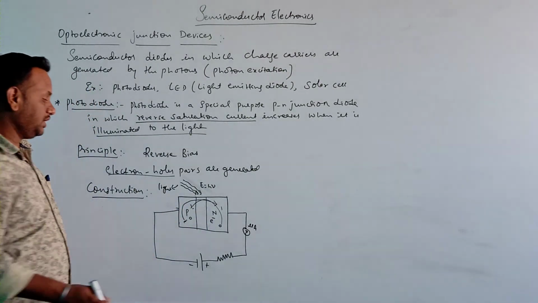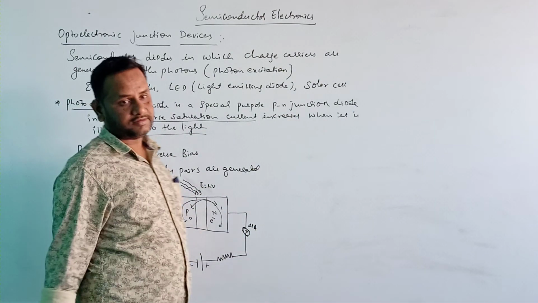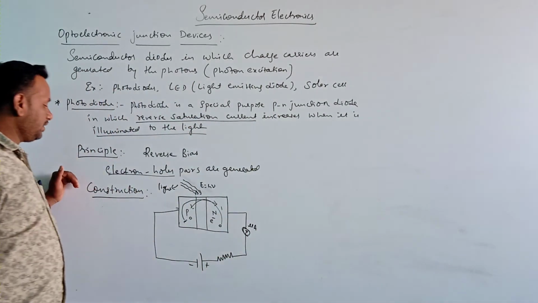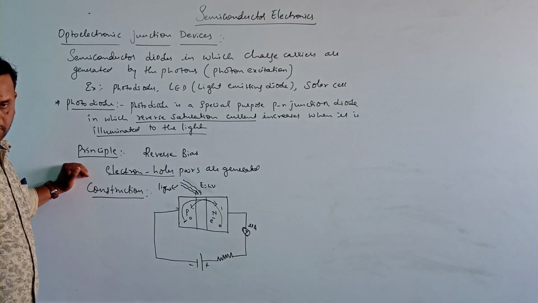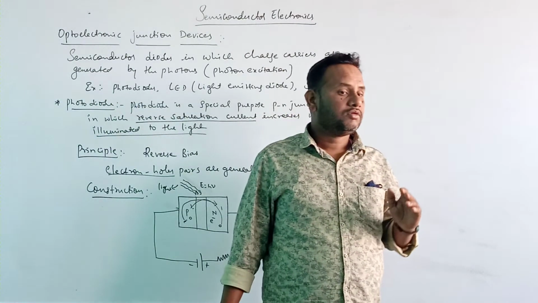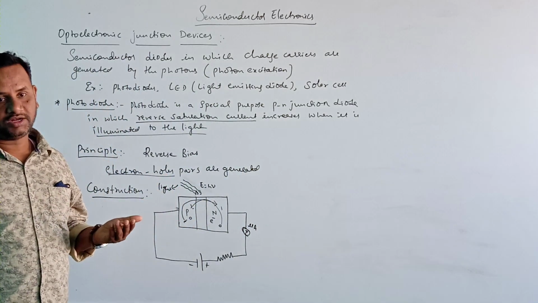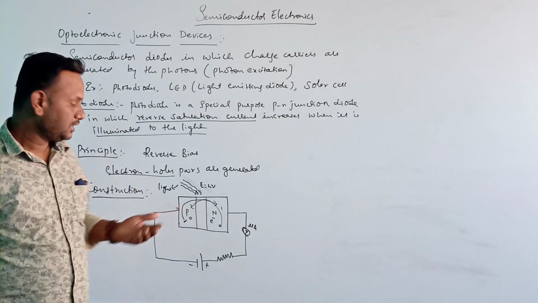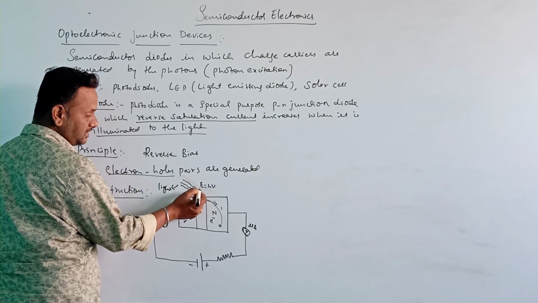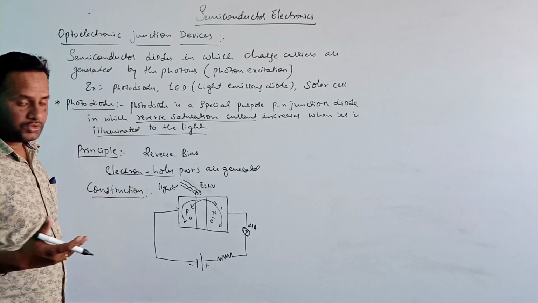Slowly we can observe in this ammeter that the current increases. So this is how the photodiode works. One thing we should remember here: the more the intensity of the light, the more will be the photoelectric current. The greater the intensity of the radiation we are incident here, the greater the